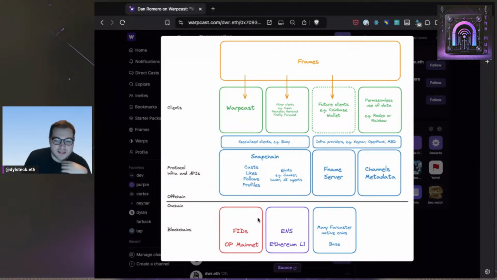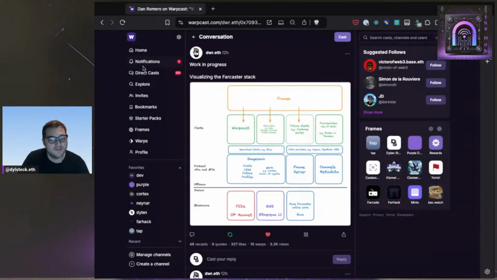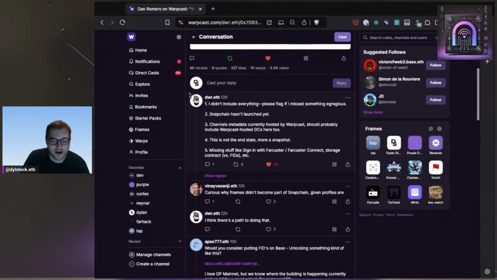So just think of this level here as, this is the data. This is what's keeping the network up. On top of it, you have infra providers and clients that are ingesting the data, doing new stuff on top of it. You could have Warpcast here as well, specialized clients, other clients, etc. So you have the data, and then you have the clients' permissionless use, and then you have things like frames which live inside of the client and interact with the client. The client pops it up, it goes back to the client to show a cast to get your approval for a transaction, and that is how the Farcaster stack, for lack of a better term, works right now.